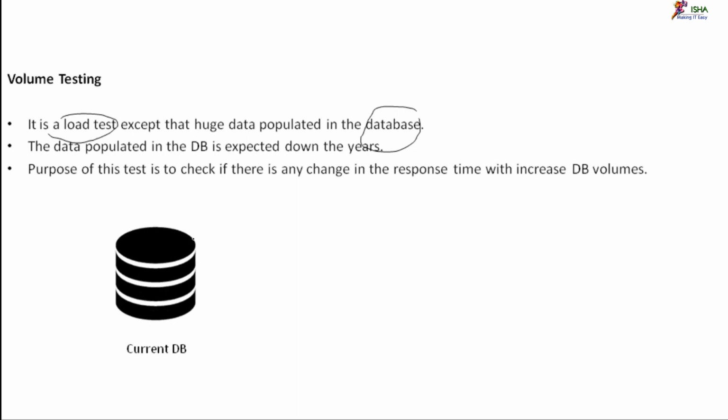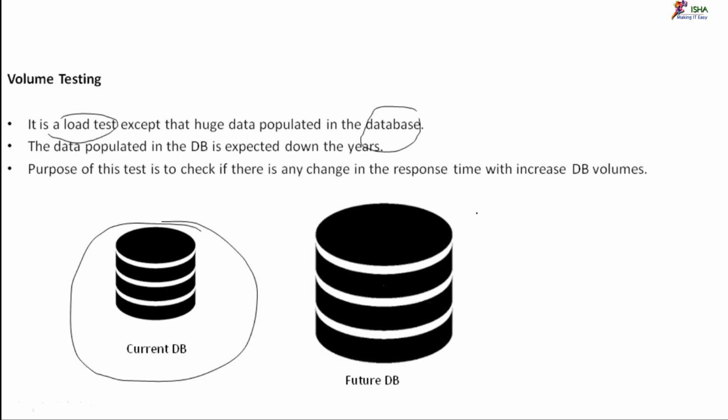So let's say this is the current database, and this is the future database that will happen sometime in the future. There are only 1000 registrations now, but sometime in the future it will not be 1000, it could be 100,000. So you increase the current database to the future database. That will happen sometime in the future, 1 year from now or 2 years from now or down the years. Once the data has been increased to that future database, now you do the load test with